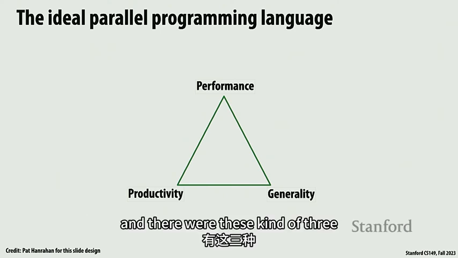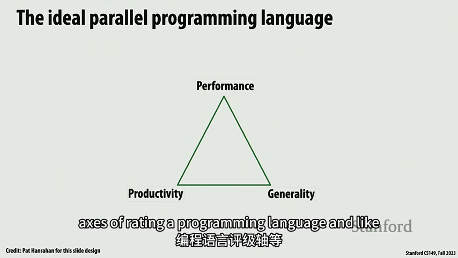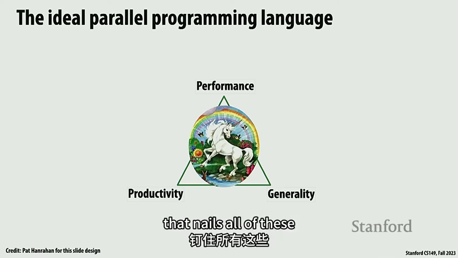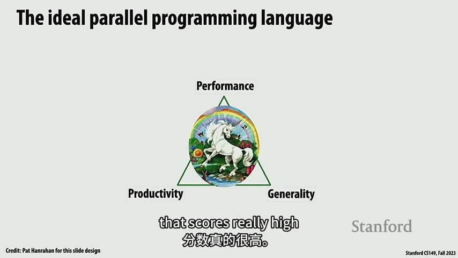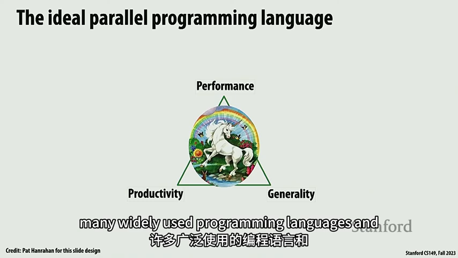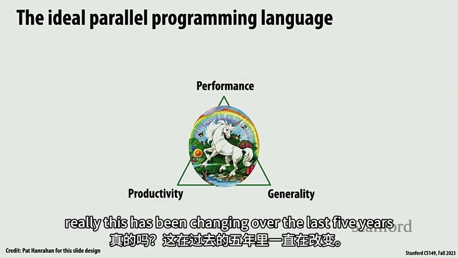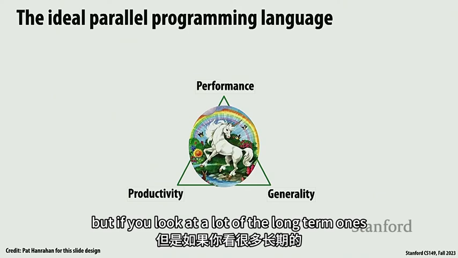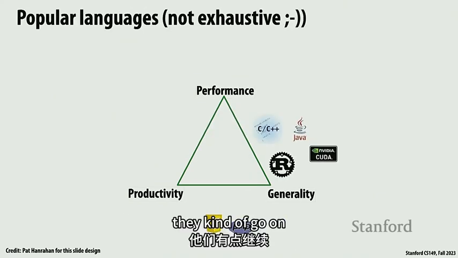And there were these three axes of rating a programming language. What is the programming language that nails all of these, that scores really high on these fronts? If you look at many widely used programming languages, and really this has been changing over the last 5 to 10 years, if you look at a lot of the long-term ones, they kind of go on some